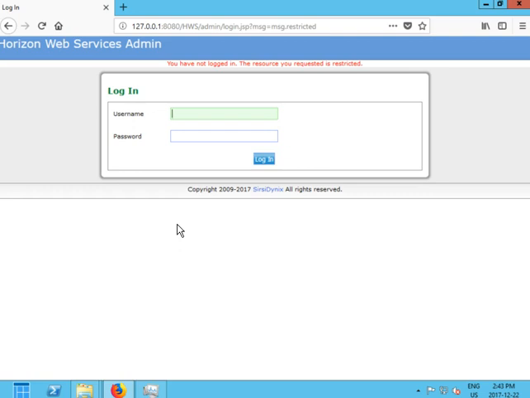And this is done on a server 2012 R2 host with server 2012 Essentials as the VM client running Horizon Web Services administration. So I hope you found this tutorial helpful, and